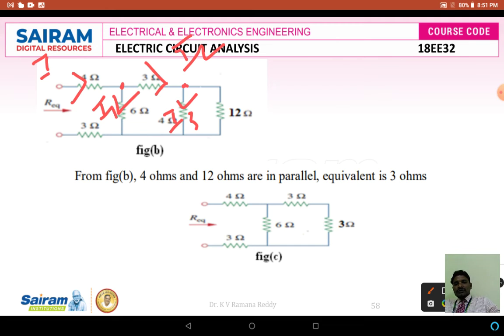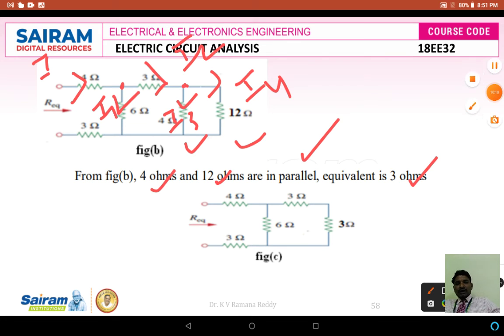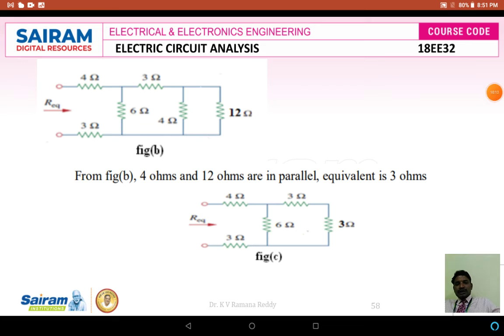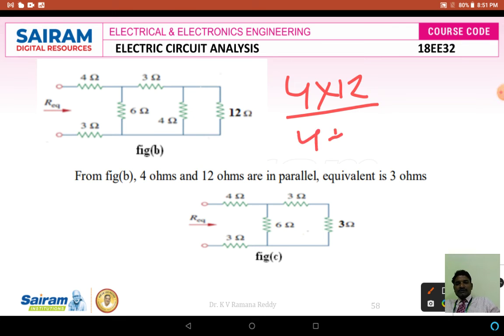I3 is flowing through 4 ohms and I4 is the current flowing through 12 ohms. Therefore, in these two branches the current is different, one is I3 and another one is I4. Therefore these 4 ohms and 12 ohms are connected in parallel and the equivalent resistance is equal to 3 ohms. How did we get that? R equivalent is 4 in parallel with 12, 4 into 12 divided by 4 plus 12,